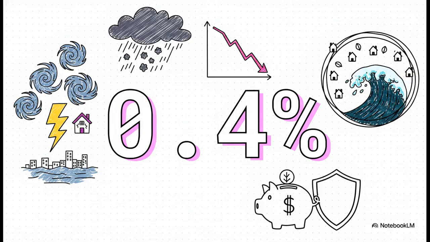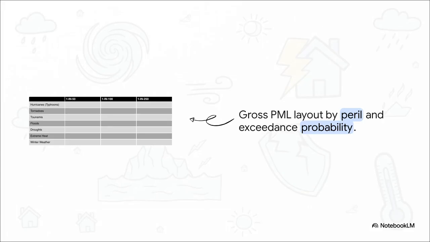While a 0.4% chance seems incredibly small, when you're insuring thousands of properties or lives, the law of large numbers dictates that you must have a plan and the capital to survive this exact extreme tail risk scenario. No exceptions. And this matrix brilliantly illustrates exactly how your disclosure should look.